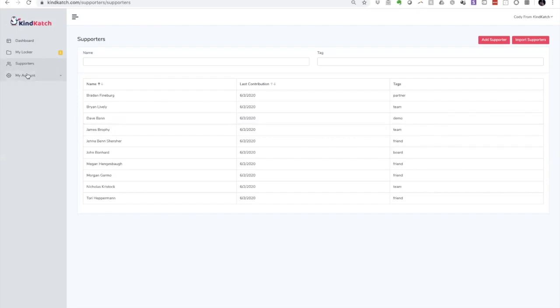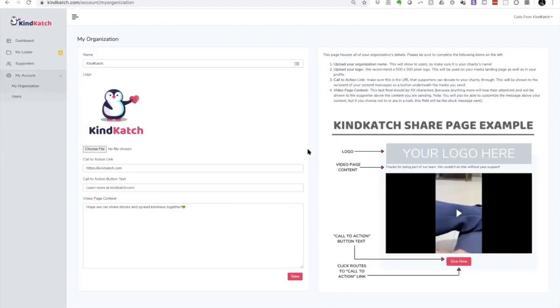Now, when a supporter gets sent a message, they're going to be brought to a landing page. And this landing page is going to be able to be customized by you. You're going to put your nonprofit's logo in there, your organization's name, your button text, and your button link, because we're going to put a button underneath that video for where we want to send that supporter. You can also put some stock content in here, and you're going to see in just a second where that